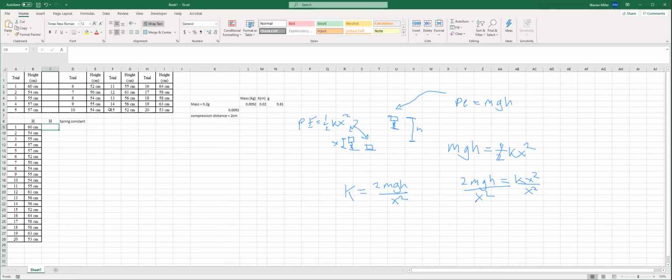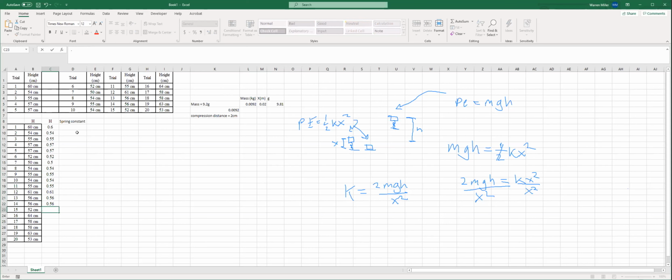This height has to be measured in meters. And of course, you never want to put units in the boxes in Excel because it actually makes it harder to do the math. So it's 0.6, 0.54, 0.55, 0.57, 0.57, 0.52, 0.50, 0.54, 0.55, 0.54, 0.55, 0.61,